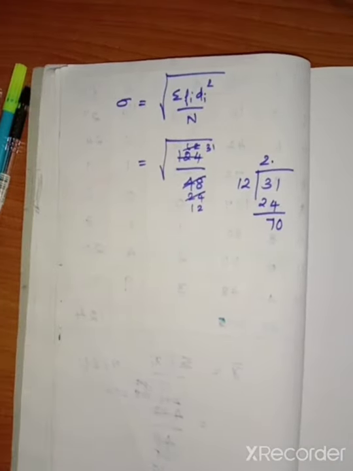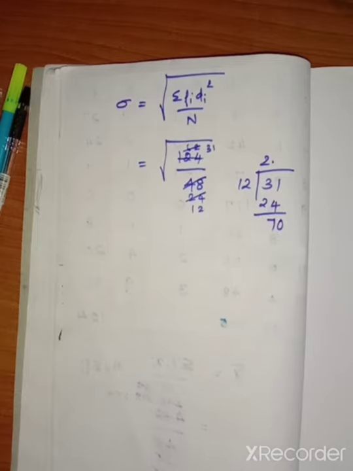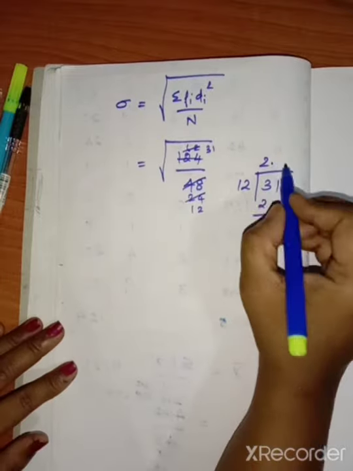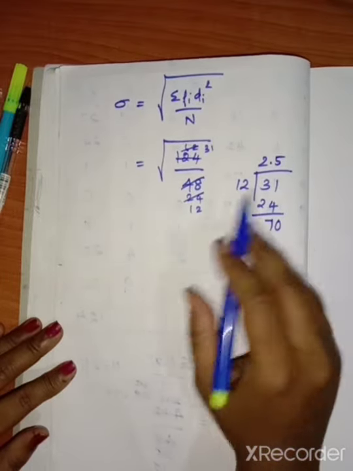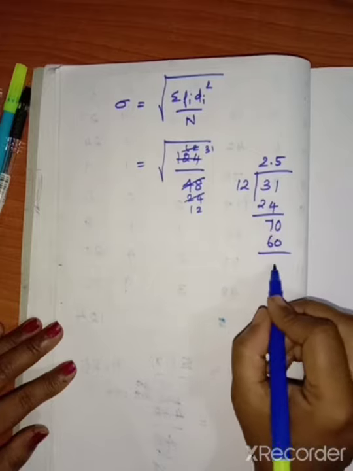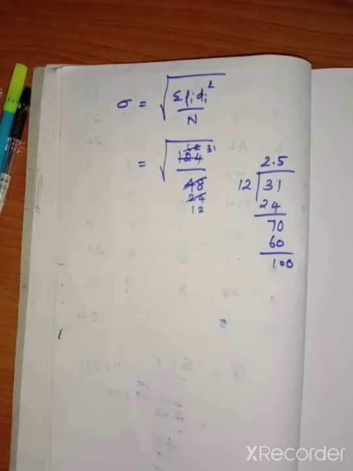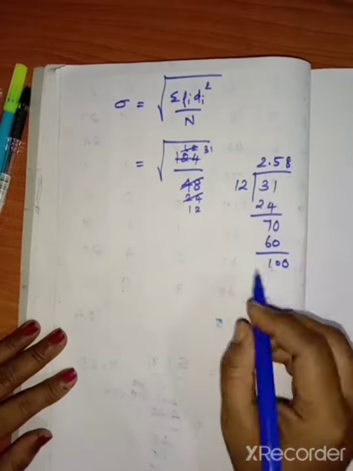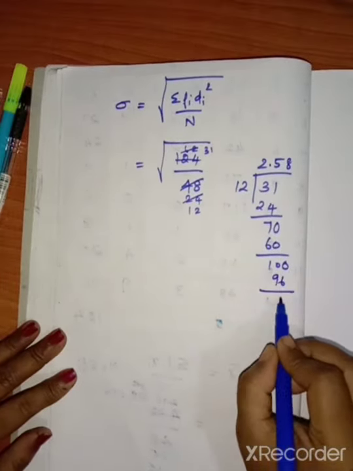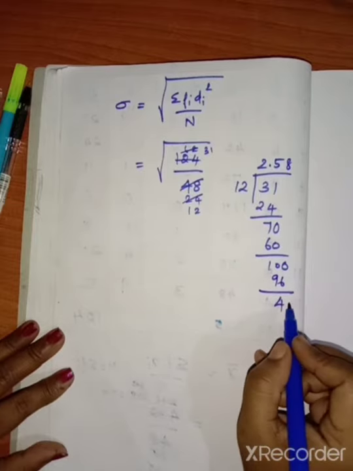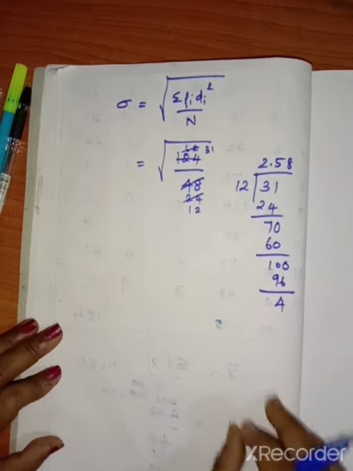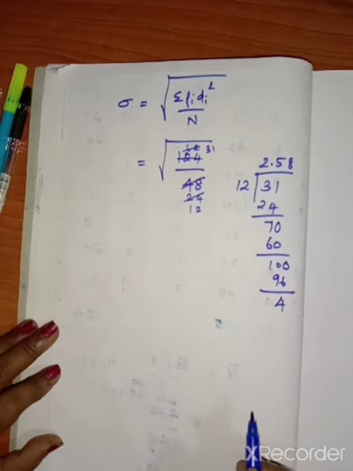Here the next one is 5 12s are 60. So the next possible is 5 alone. So 5 12s are 60, 0, 10. So it is not possible. 0, 100. Then we can use the table, that means 8 12s are 96. Remaining 4, again if you want, you have to write 0. It will go on. So after the decimal we found 2, it's enough.